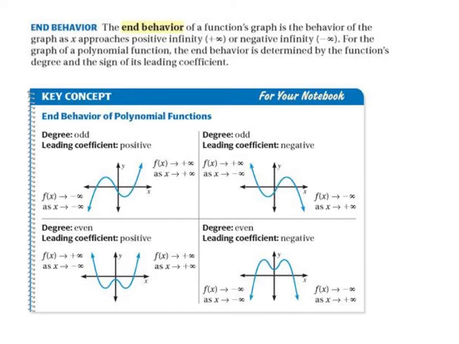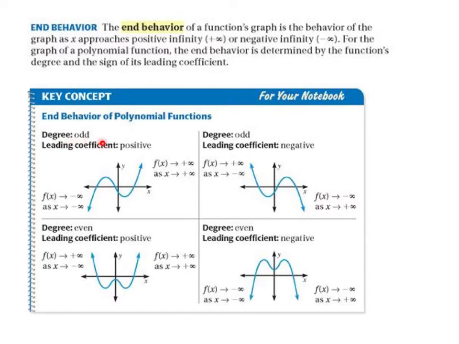End behavior. The end behavior of a function's graph is the behavior of the graph as x approaches positive infinity or negative infinity. For graphs of a polynomial function, the end behavior is determined by the function's degree and the sign of its lead coefficient. Okay, so